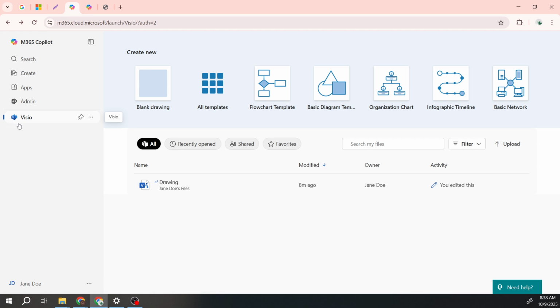Now that you're in Visio, you can kick things off by selecting either a blank drawing or choosing from various templates that might fit your project needs. Starting with a template can save you time, but a blank canvas offers the most flexibility if you're looking to